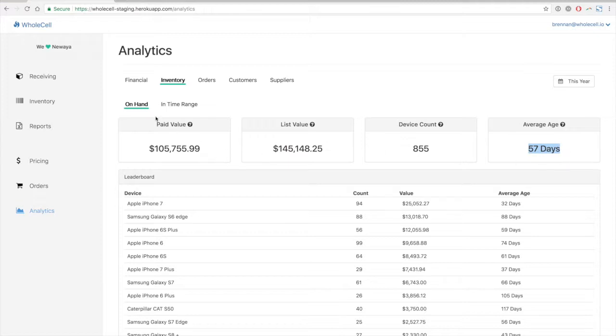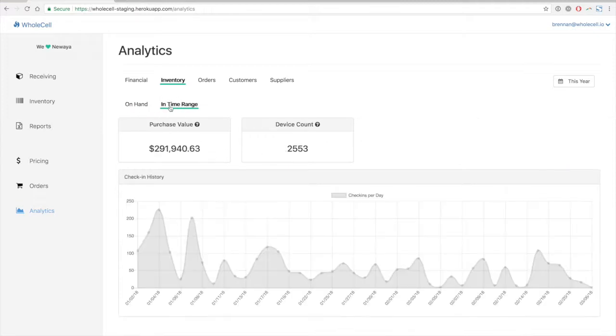We can look at switching from on-hand here to in a time range. We can see a couple of things. We can see, based on when you set this time range, what the purchase value of your inventory for that period was. So far this year we've bought almost $292,000 worth of inventory, and we've done just over 2,500 devices, 2,553. You can also see a check-in history showing you how many devices were checked into Wholesale on a